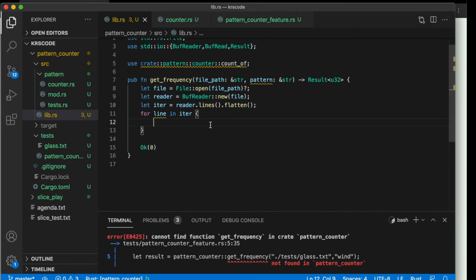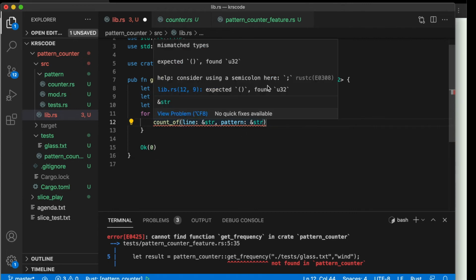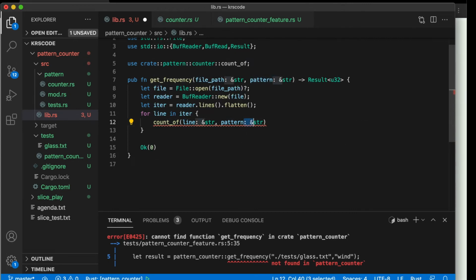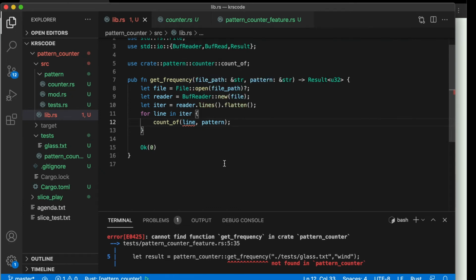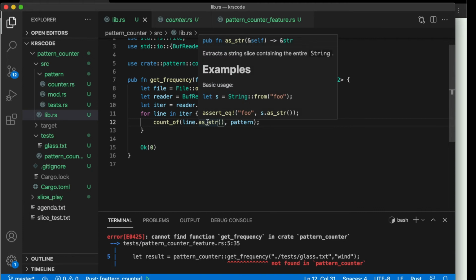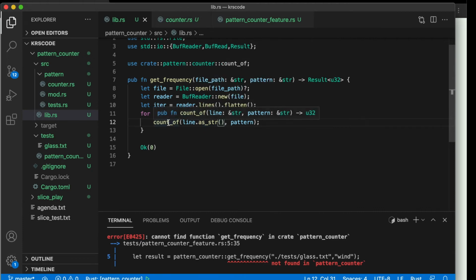So we have this counter now that has a count_of method. To the count_of method, we'll pass this pattern that is available already as an &str, and then we will send this line as str. Because this is a String, we cannot pass it directly. You can see this error now: line is a String and expected &str, and we are passing a String, so we will use as_str to convert this line into its &str counterpart,